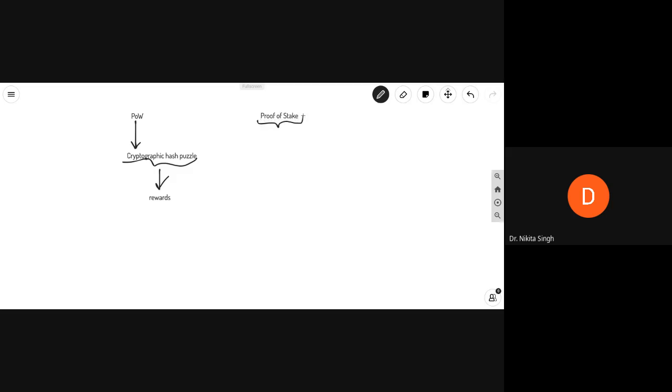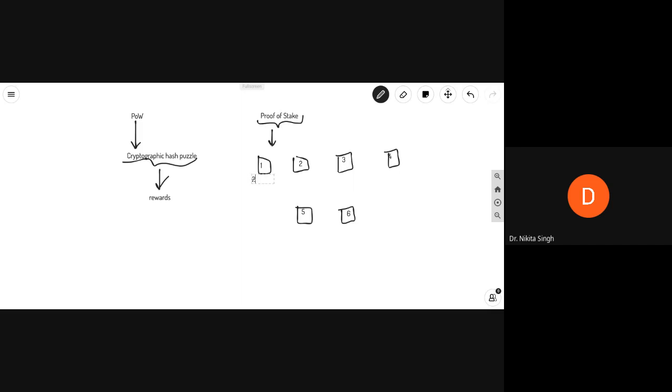Now, proof of stake does not solve any cryptographic puzzle. What it does is, say you have different users on the Ethereum blockchain network. This is user 1, here you have user 2, user 3, user 4, user 5, and user 6.